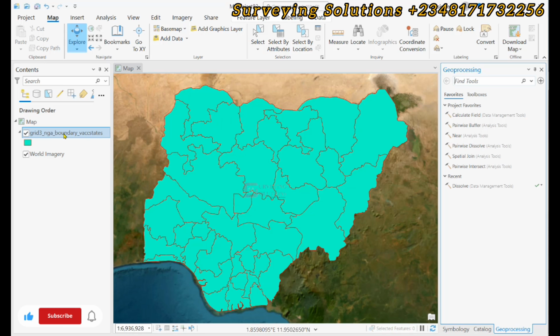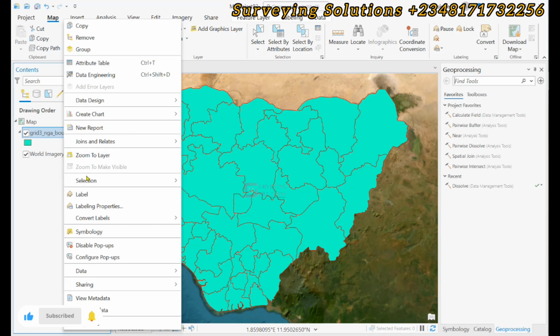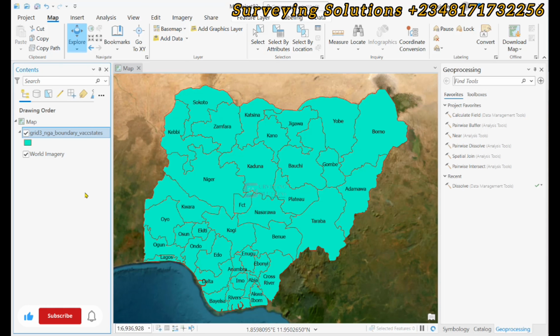If we decide to just show the labels, you can see the different states, and definitely they are sharing those boundaries. So we want to implode it so that all these adjacent boundaries will go. However, there's a beautiful part of it: you can do it based on a condition. So, if we open the attribute table now,